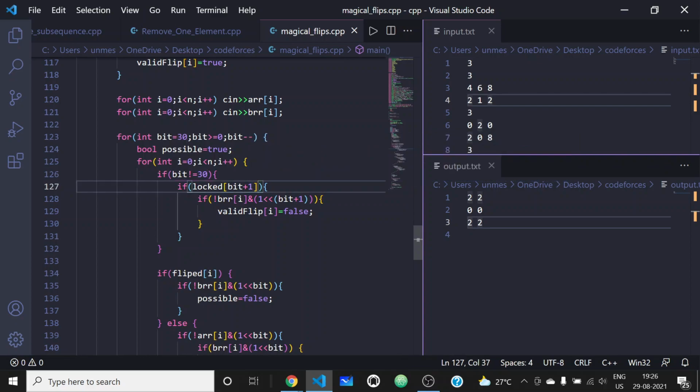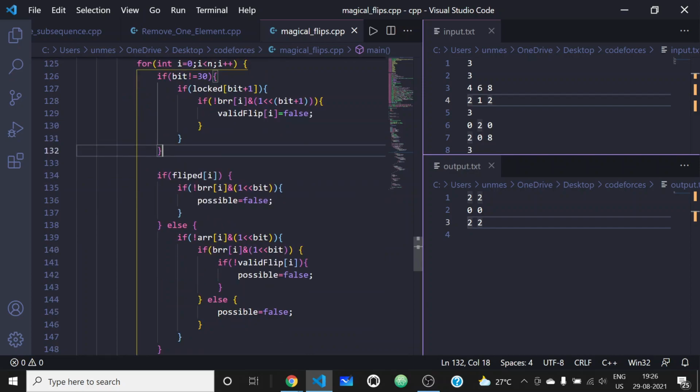If the last bit has been locked, and if the card on the back side has not got the set bit at that locked position, then we are setting this valid flip equal to false because we can't flip it.